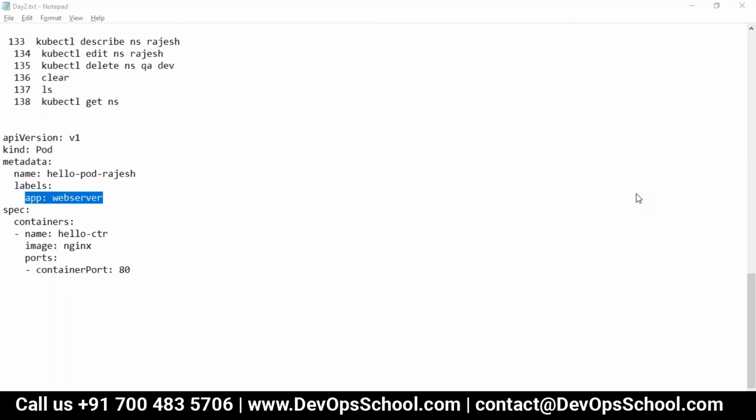So actually a label is basically a way to give an additional name, but the thing is you can give lots of names. Here the name will be only one, but labels can be multiple. That means you can give more labels. For example, this is a software.